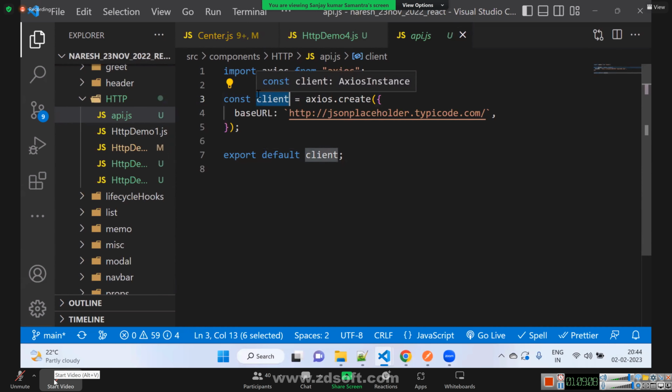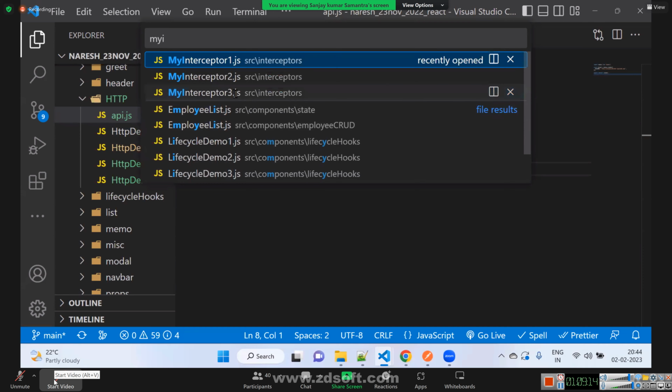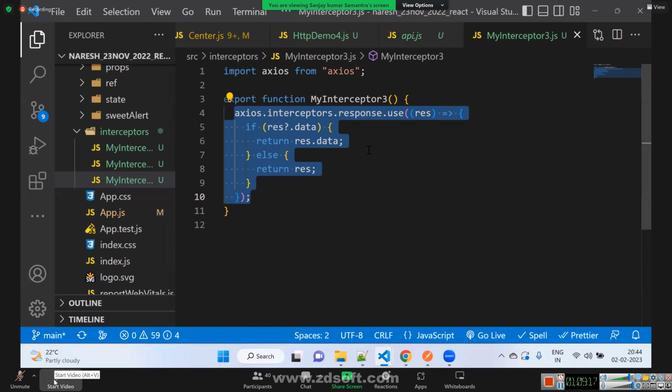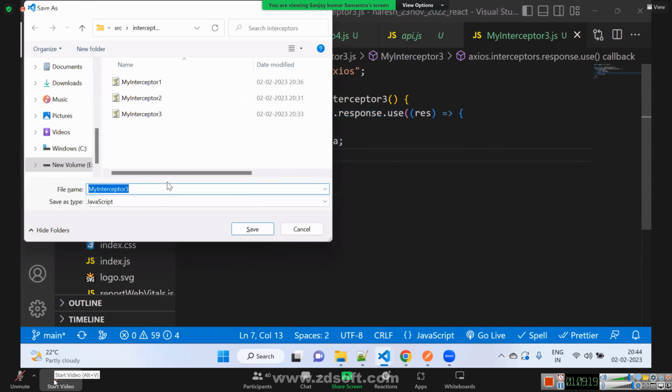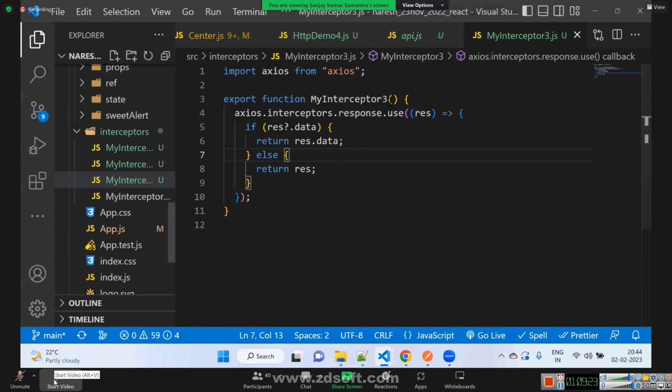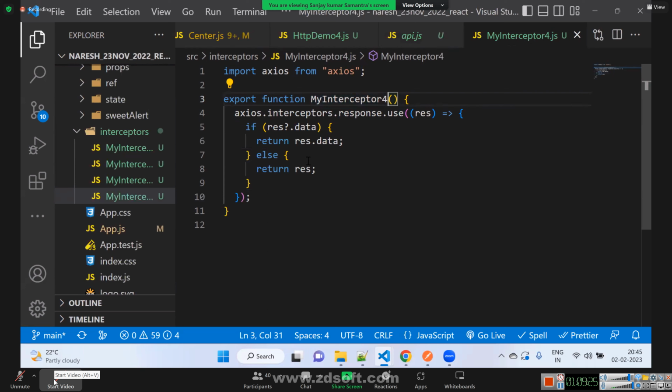Now, if I create one interceptor, let me go to my interceptor. Here I'll create another interceptor. The interceptor name is my interceptor 4. And this interceptor, where it should be added, we can do like this.